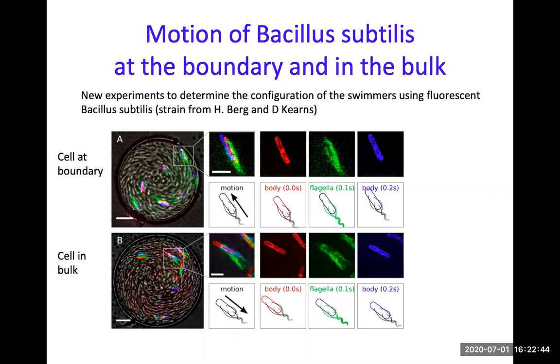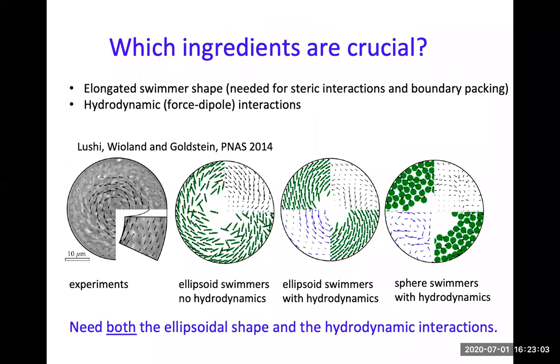So something is pushing them backwards, and since everything else has been eliminated, it has to be the fluid flow, even in this very, very dense case. So this is essentially proof by experiments that the simulations got this part correct, right? So the fluid flow was crucial. If you do simulations, you can turn on and off various components to see what is causing what. As I mentioned, if you have the elongated shape, with an aspect ratio around 5, just like in the experiments for Bacillus subtilis, and the fluid flow, you get this boundary layer and double vortex motion.